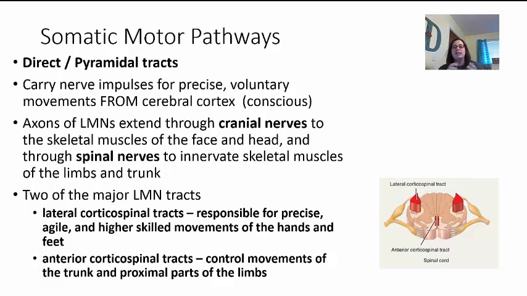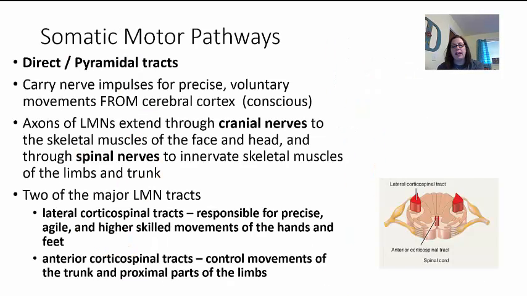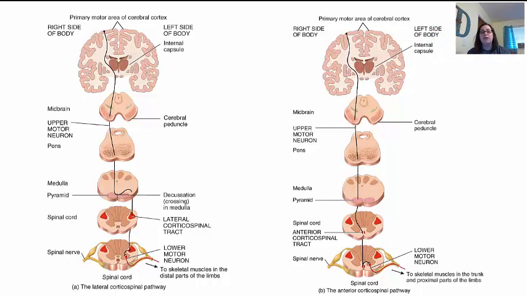Okay, and so when we look at this, this is the anterior corticospinal tracts, but both of them are going to help with movement in those areas, either your trunk or your limbs. So if we're looking at the lateral and the anterior corticospinal tracts, you can see them located here in these pictures. The first one is showing you the lateral and how information leaves from the brain, the cerebral cortex, and comes down. If you'll notice, there's still a crossing over that takes place, and they're traveling through the pyramid that is found in the medulla area. Okay, the same thing over here on the anterior. It's going to travel through the pyramid, and it still does a crossing over. It just does it down here towards the bottom.